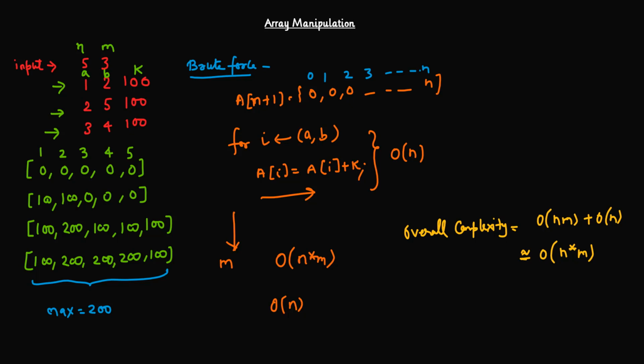So is there any possibility we can optimize this code? Yes. Now we have to find a solution which is more efficient than n cross m. But how will you find it? How can we come to know where we should optimize our code? If you're given 4 options and you know the right answer, then you know the right answer.